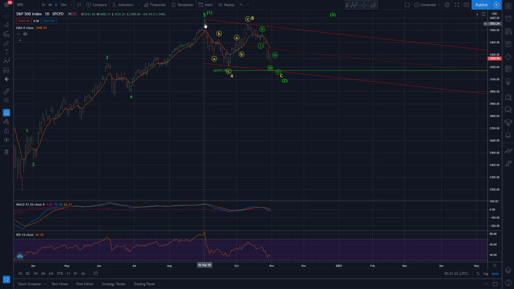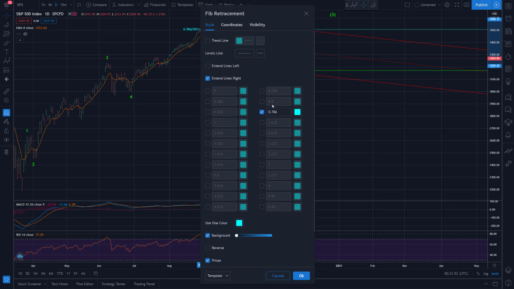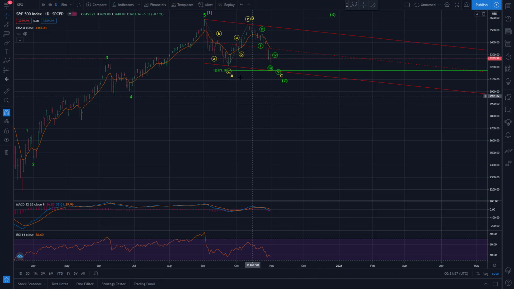Anyway, from our 3rd of September, 2nd of September peak, looks like we have an ABC down for a larger A, ABC up for a larger B to a lower high, and looks like we're forming a 1, 2, 3, 4, 5 down probably for C of a larger 2, and this would be a flat pattern. And the B wave didn't go quite as high as you typically want to see in a flat, although I do think it got beyond the 80% retracement, which I would consider kind of the minimal level to be able to consider a B wave of a flat.